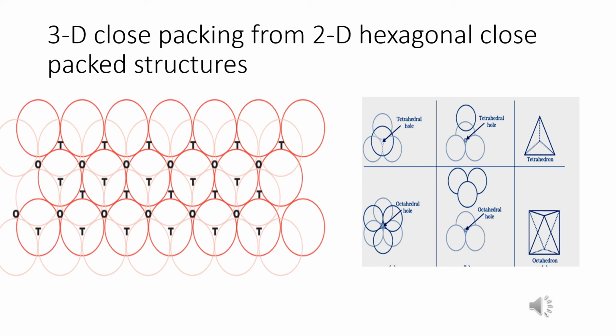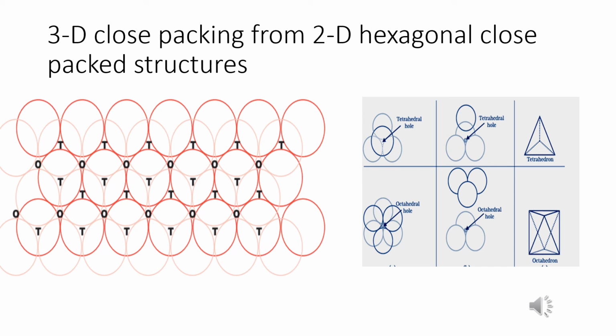So let n be the number of close packed spheres. The number of octahedral voids generated is n. How many voids are present? That is, the voids present in octahedral. But in the case of tetrahedral, the number of tetrahedral voids generated is 2n.